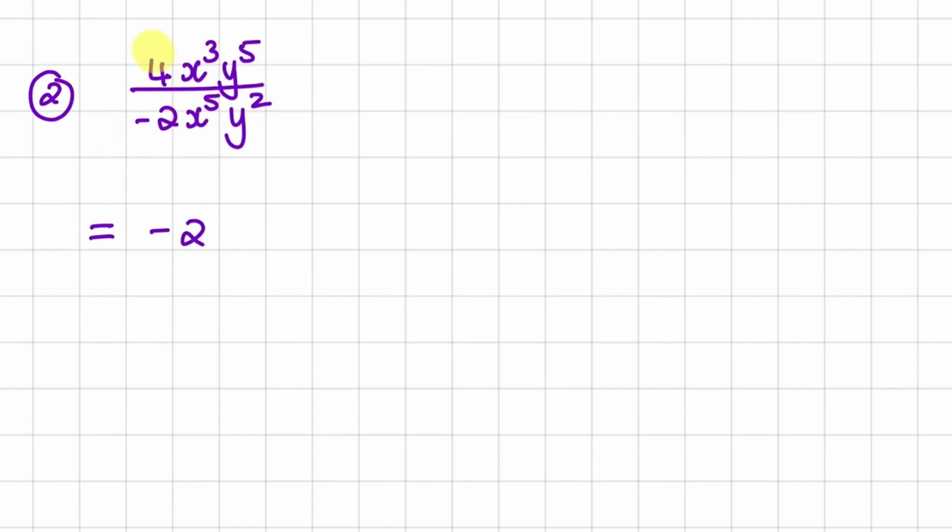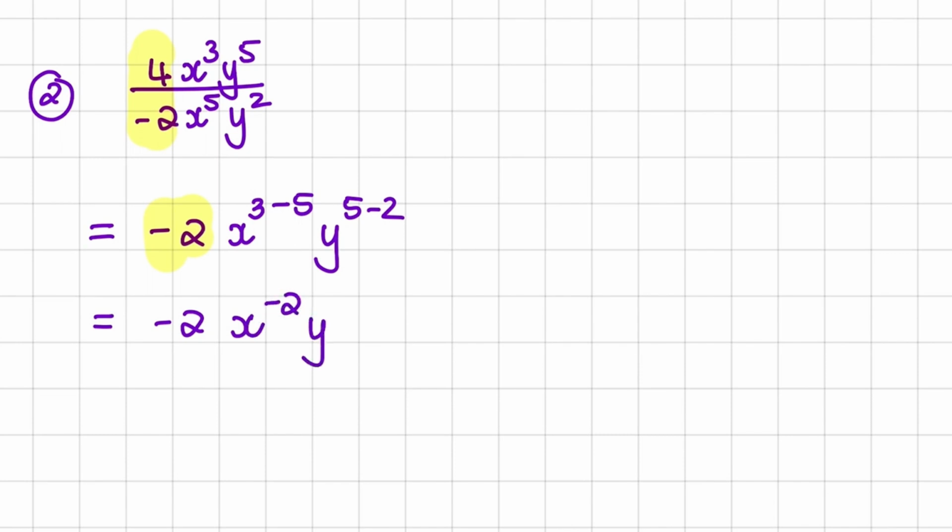Now, I am done with 4 and 2, so let us move on to the exponents. So I have x to the power of 3, and I'm going to subtract 5 from it. So remember, the law says if the bases are the same and we divide, then we subtract exponents. The same goes for y. So I have y to the power of 5 minus 2. And if I simplify that, I have negative 2, x to the power of negative 2, y to the power